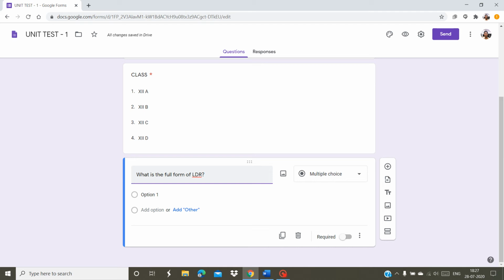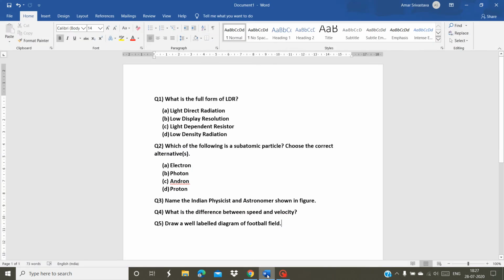But the best way to create a question paper like this is to first of all type all the questions in Microsoft Word and simply copy from there and paste it over here. So that is the best way. So I have already typed, you can see at the bottom, I have already typed this question paper, and I'm just going to copy the question and paste it there in the Google form, which will make my work very easy. So this, you no need to type, copy question 1, just copy the question,